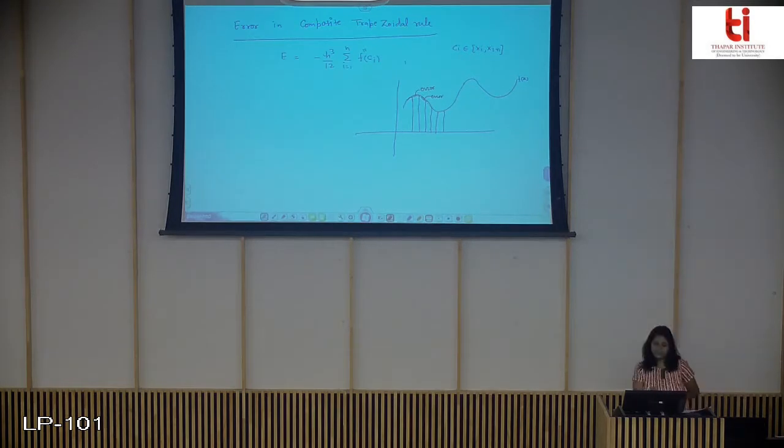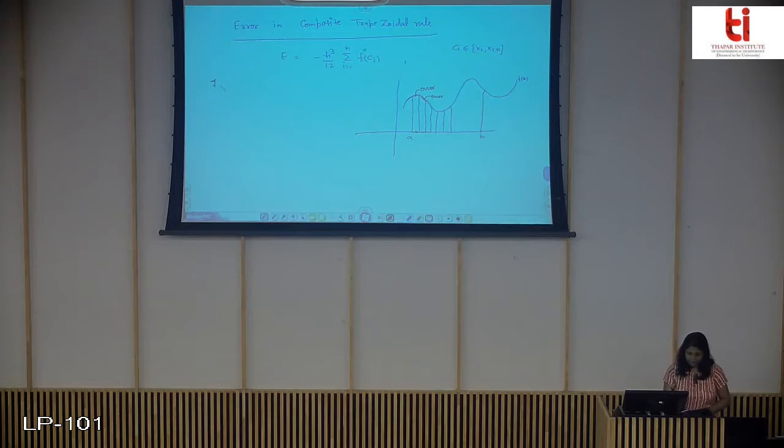So how are we computing the error? We get an error in each subinterval. Error in this interval, error in this interval, since we are applying the trapezoidal rule for each and every subinterval. So the total error in composite trapezoidal rule is equivalent to the error for the first subinterval, error for the second subinterval, and so on. So it is the sum of the errors. So we try to find a general formula that will incorporate the total error, or the maximum error, we can get in composite trapezoidal rule.